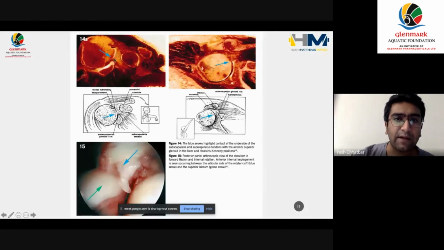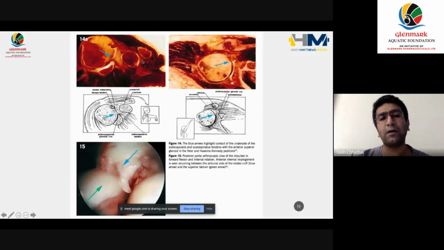So this hazy white spot over here and this over here are the areas. So this is what we look at on the film and understand, oh, this is where the pinching is happening and this is where the trauma to the soft tissue has happened. Over here on figure 15 is the actual tendon and the labrum. This basically,